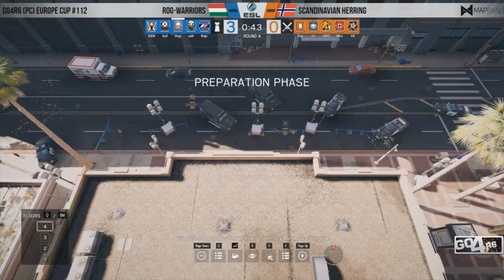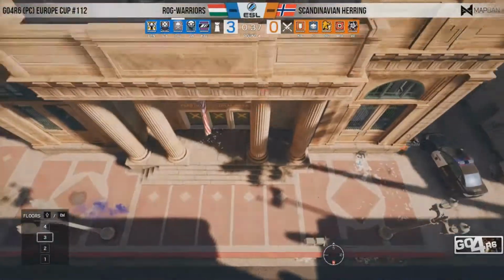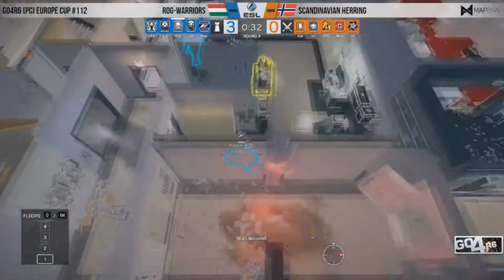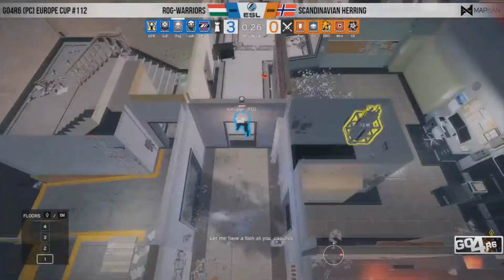Attackers need to locate and defuse as many bombs as they can. ROG Warriors for their first defense on basement. Now, last time they went for a very surprising open area strategy, and Scandinavian Herring could not deal with that